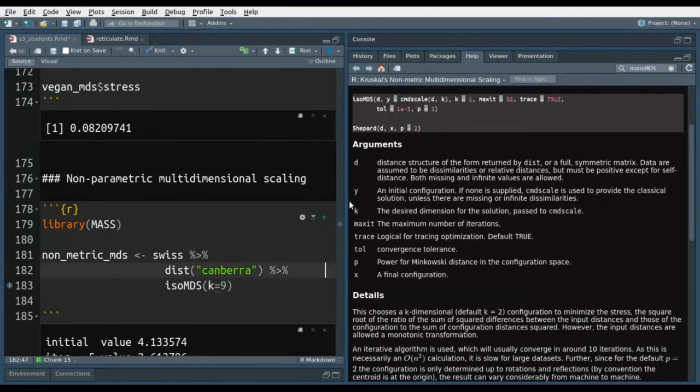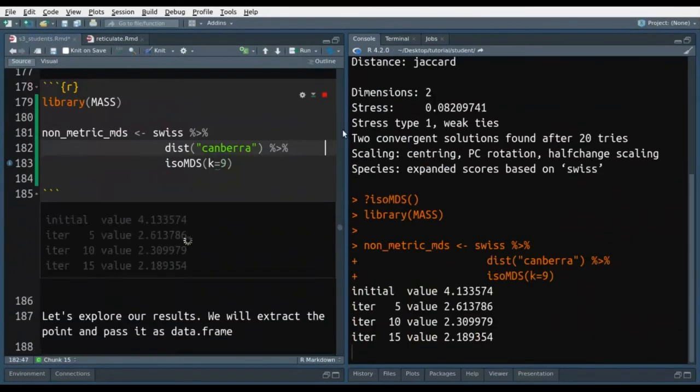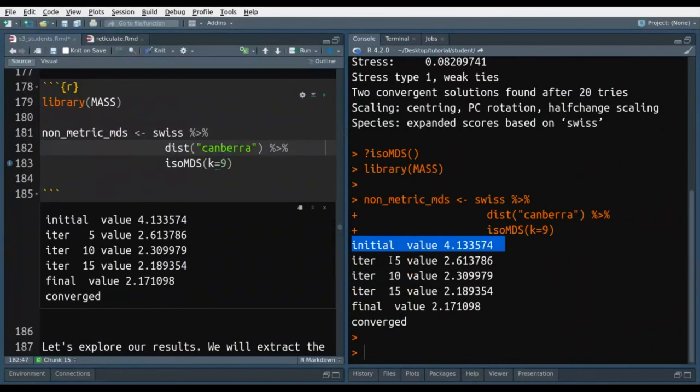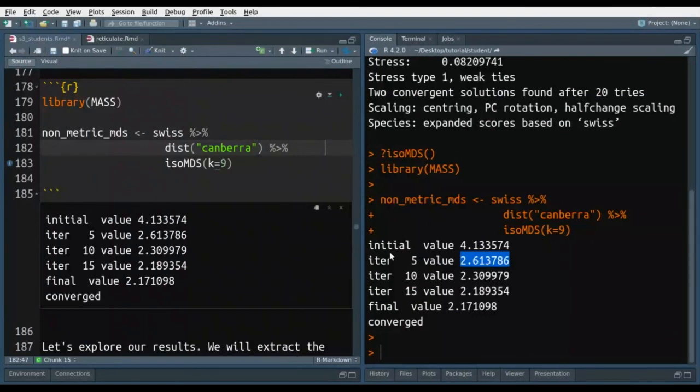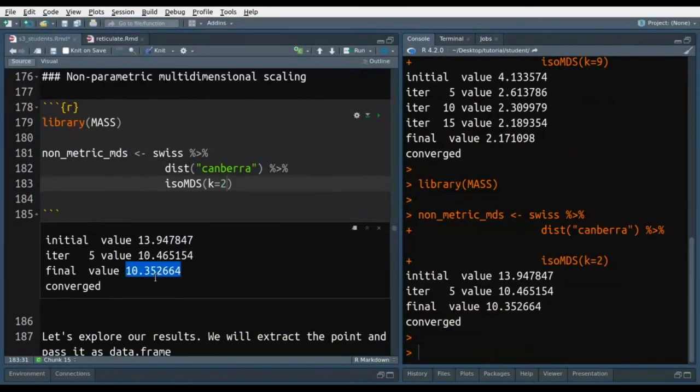Okay, the last package I wanted to show you regarding this is MASS. MASS has this function called isoMDS. We're going to take a look at that. It's just one of the many forms of multidimensional scaling, and basically it's just a different syntax for the same thing, and you can even see that it gives you your iteration values, so you know which direction you are going,